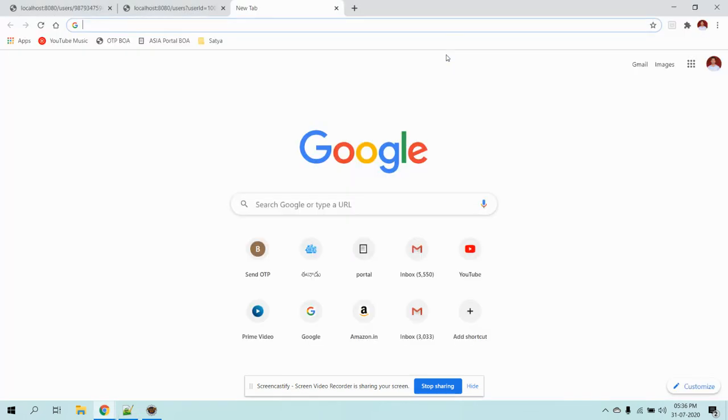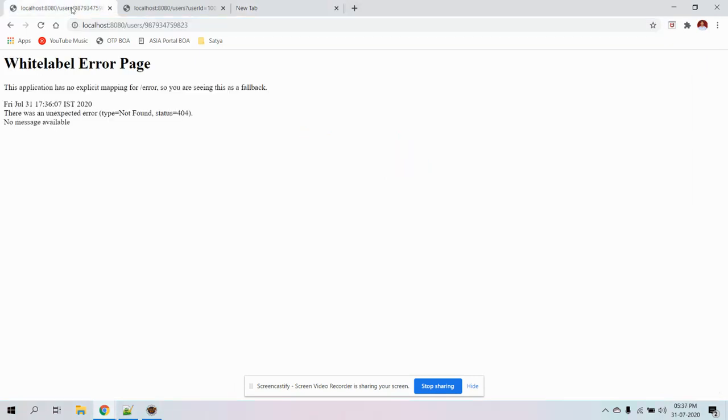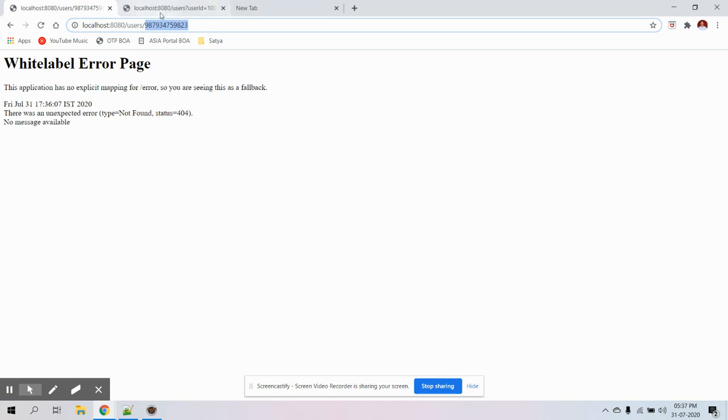Before that, I will show you the types of requests from the browser. Let's say there is one request. So here is a post. I am running the application on localhost with port 8080, and this is the request URI. In this request URI, this is the static part and this is the dynamic part. This dynamic data in the URI, how can we capture it server side and process it? We'll see with this example which annotation we are going to use. Another one is data coming from the query string.